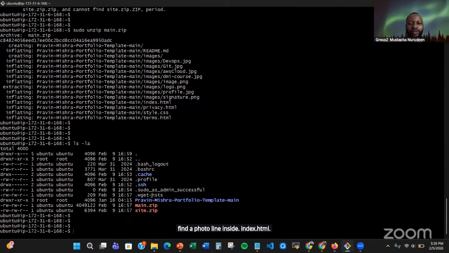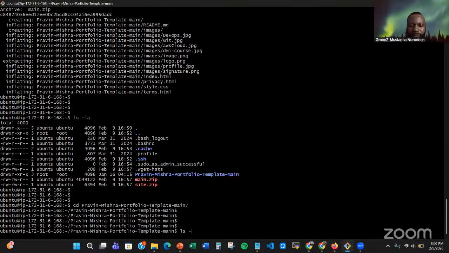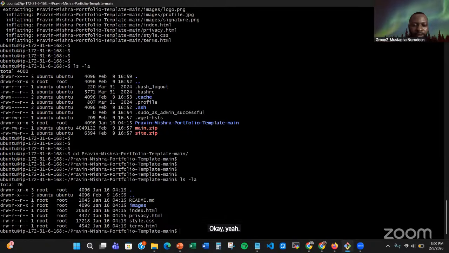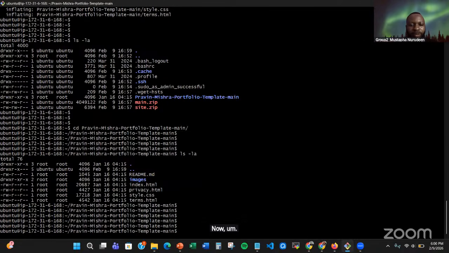index.html. And for us to get index.html, we need to see into this particular folder. So let me see into this folder. Praveen. Okay. cd, then ls -la. We need to list what we have inside that particular folder. Okay, yeah, good. This is index.html. Now, I need to edit what I have inside index.html to be able to do the next task. So I can use nano. Okay, let me use sudo nano